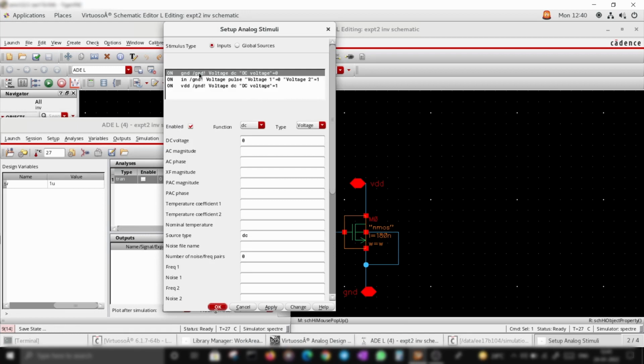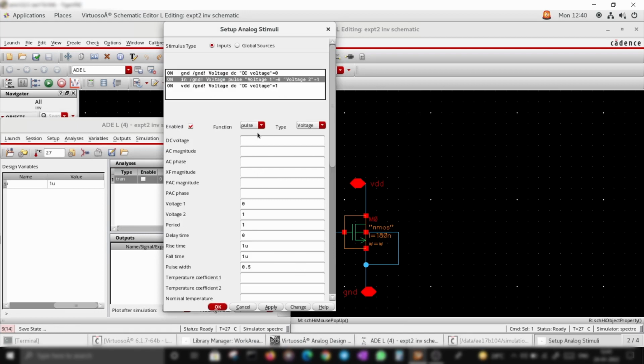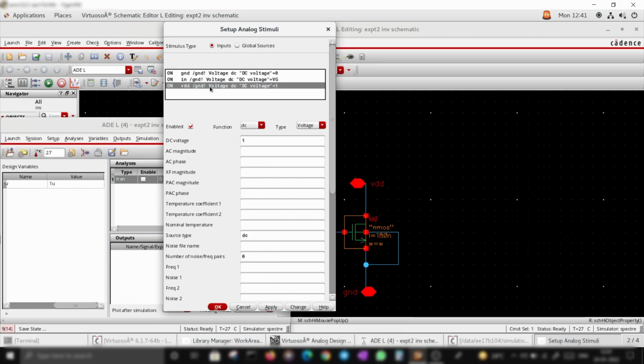Now here ground is defined as 0, input is defined as pulse. I'm going to define it as a DC with DC voltage VG, say gate voltage, and VDD I can go up to 1.8 volts.